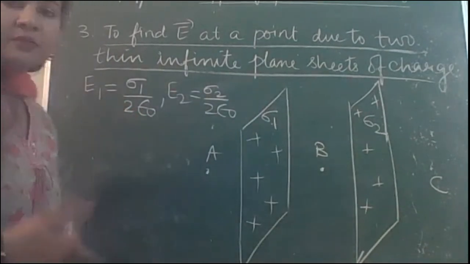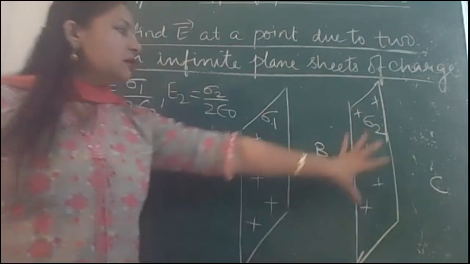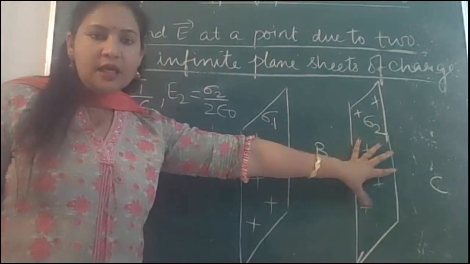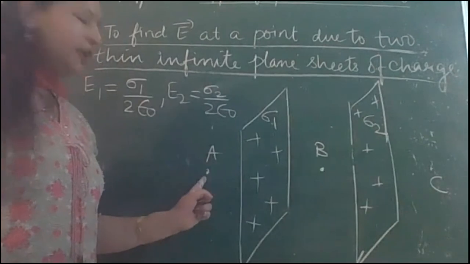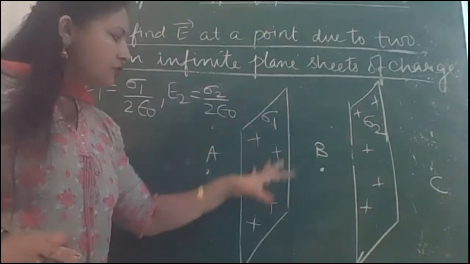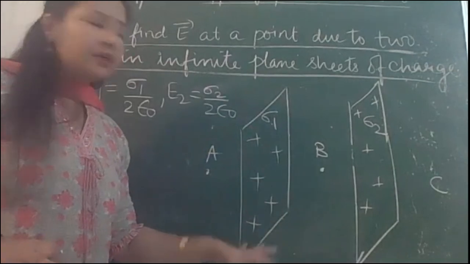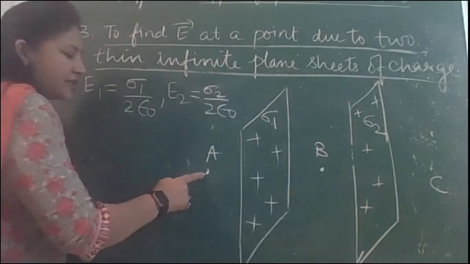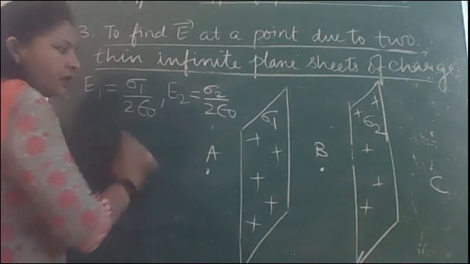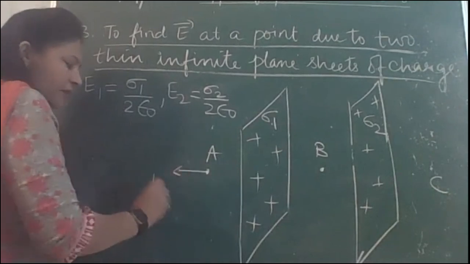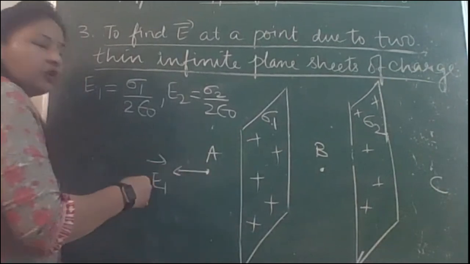अब पहले हम डायरेक्शन मार्क कर लें. Suppose this second sheet is absent. ठीक है, you have this point A here. You imagine +1 coulomb of charge. So how will you mark the direction of electric field here due to this sheet? ठीक है, E1 की डायरेक्शन कैसे लिखेंगे आप यहाँ पे? Due to this sheet, what will be the direction of electric field? It will be repulsive. This is the direction of E1 here.